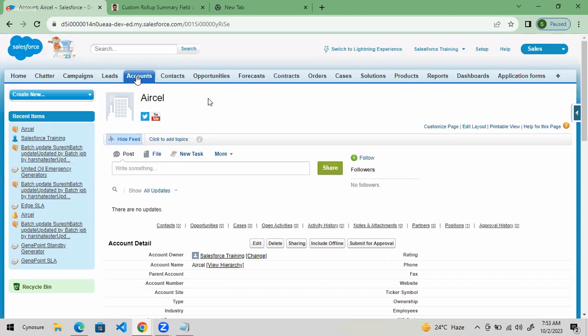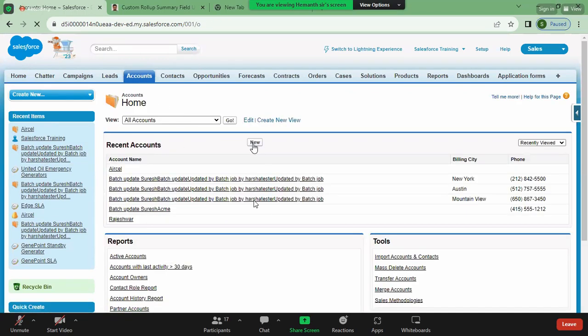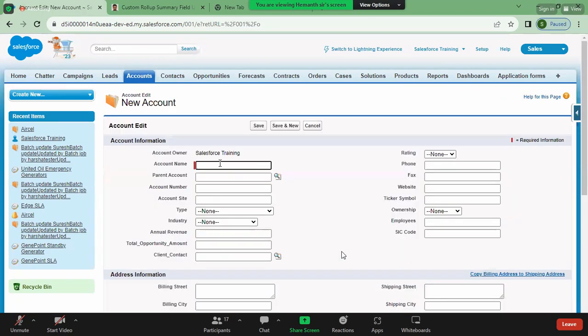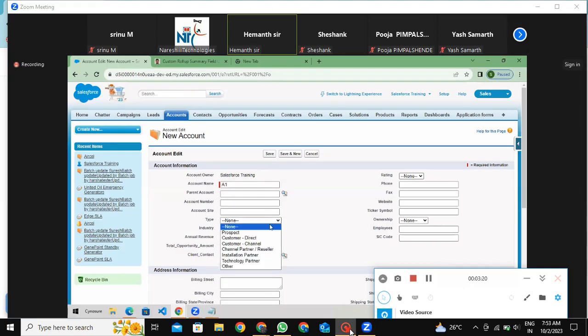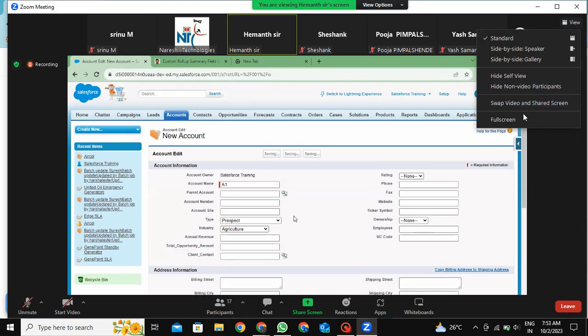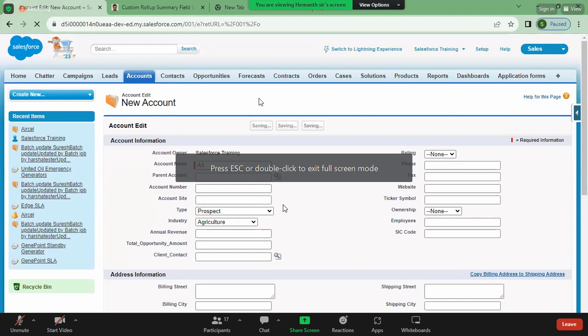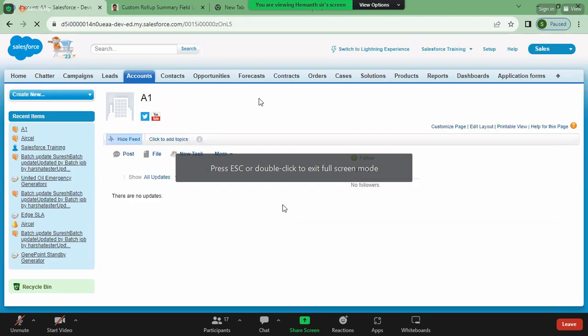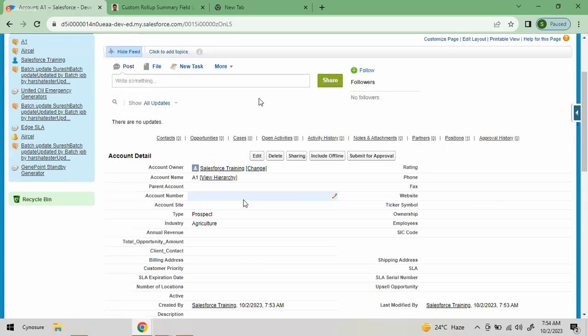So let me go and create a new account A1, industry agriculture. I created a new account A1, and after that what I am trying to do is, on the account annual revenue is there, total opportunity amount is there,